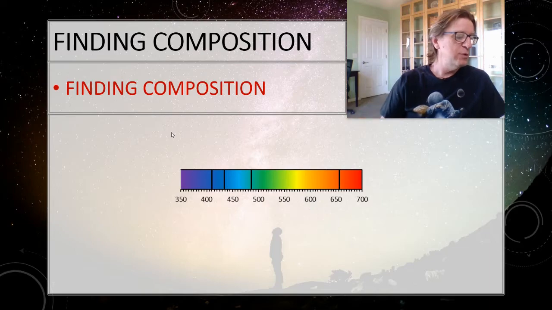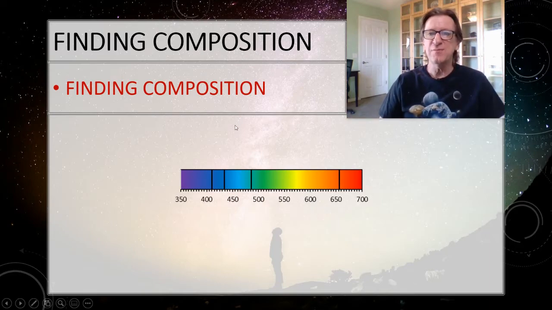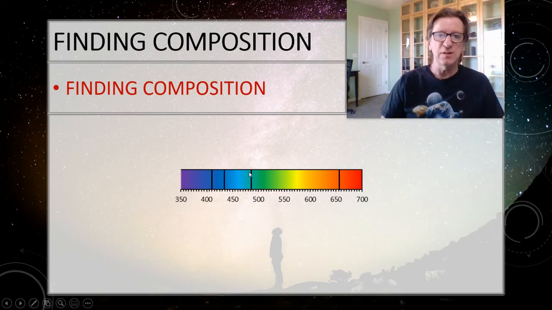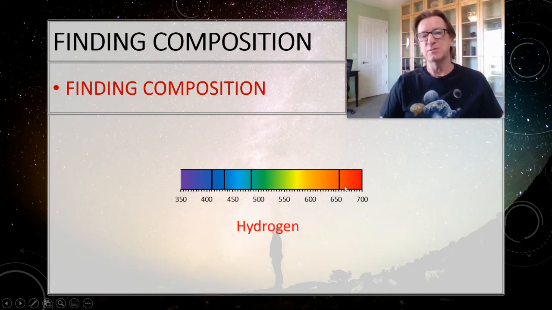Okay, so when we compare this, you're looking for the pattern of the lines, and you see that if I've got these two that are fairly close, and then I've got one here, and then I've got one off to the side here, well, the only one that matches then is hydrogen. So this is a hydrogen gas. So this is how we're able to tell that the sun is mostly hydrogen, because we see this emission spectrum when we look at stars.